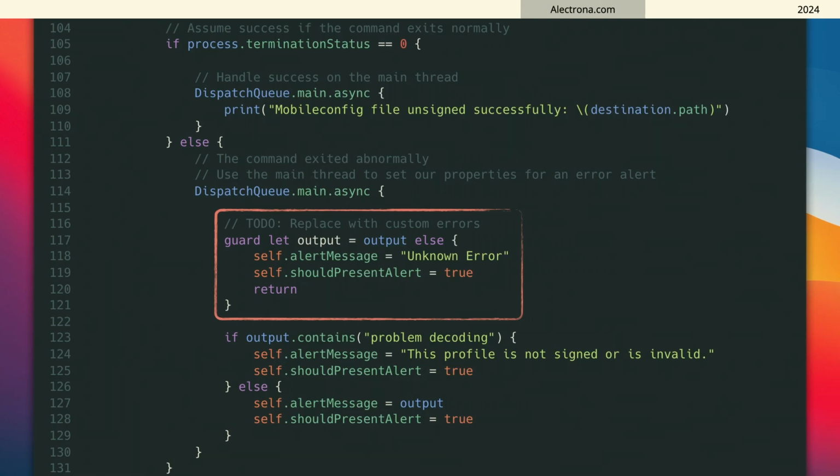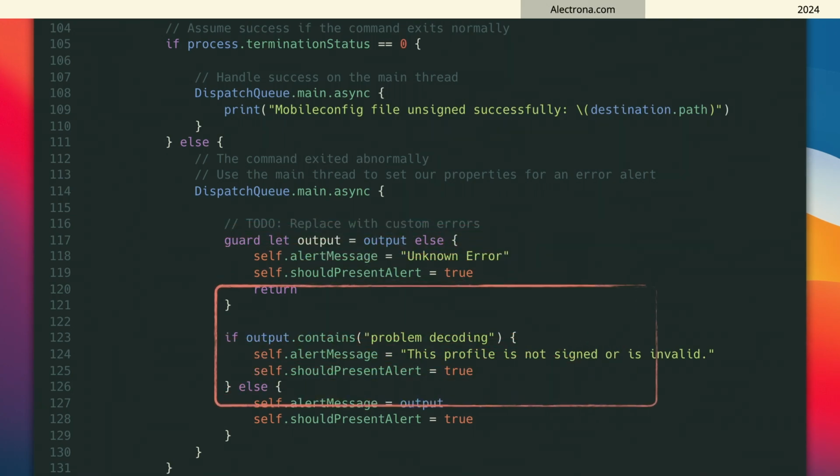We're going to populate some properties with either the output of the command or it would be an unknown error. And we're setting this should present alert variable to true. And I'll show you what that's going to do. If for some reason,